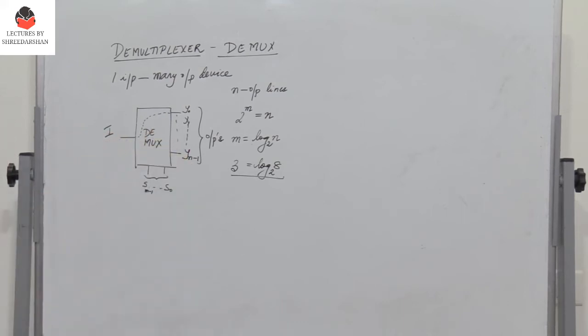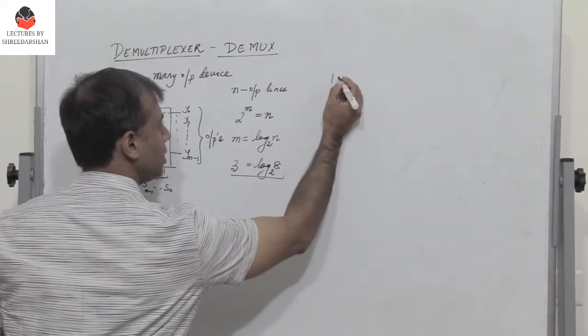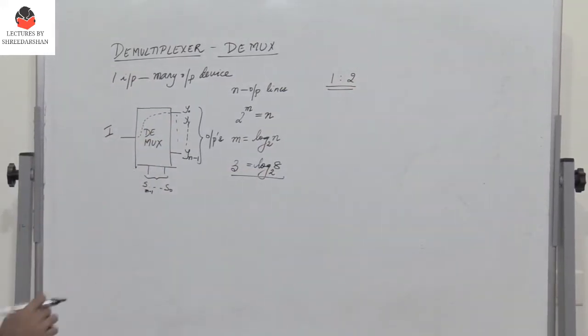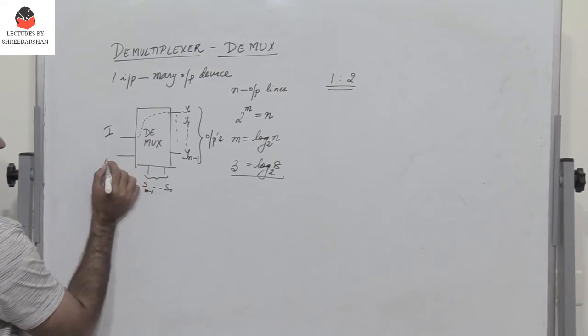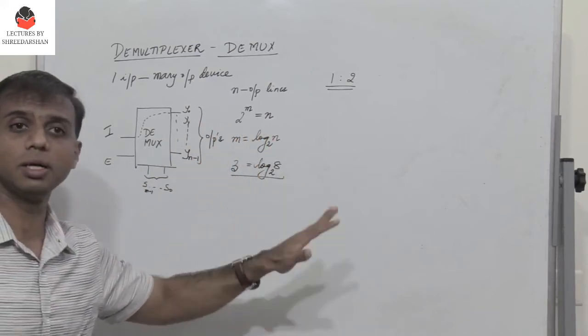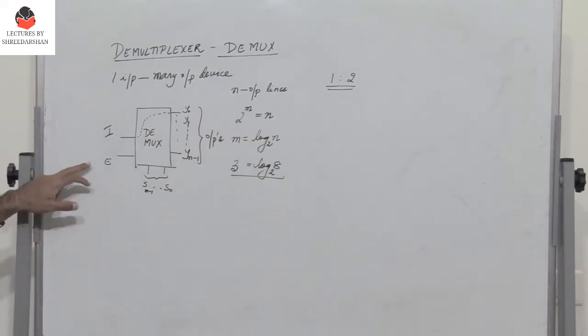In this video segment, let us see the working of a 1:2 demultiplexer. How do we design a 1:2 demultiplexer? All demultiplexers can also have another input which is known as enable. Now what is the job of enable? If enable is 0, then whatever may be the input will not appear at the output. So the demultiplexer is disabled. When the enable is 1, then the demultiplexer functions. That is the basic job of an enable, which happens to be one of the inputs.